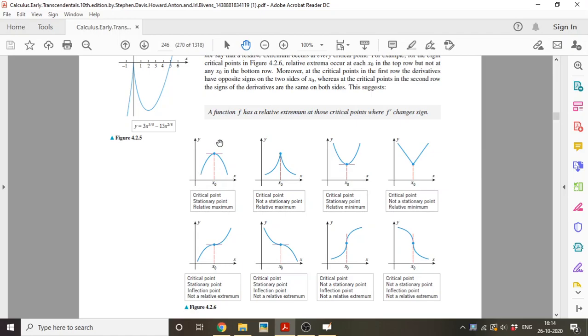So f dash changes from positive to negative. So f dash, when it changes from positive here to negative here, you are getting a relative maximum. Next, if you take the third and fourth curve, f dash changes from